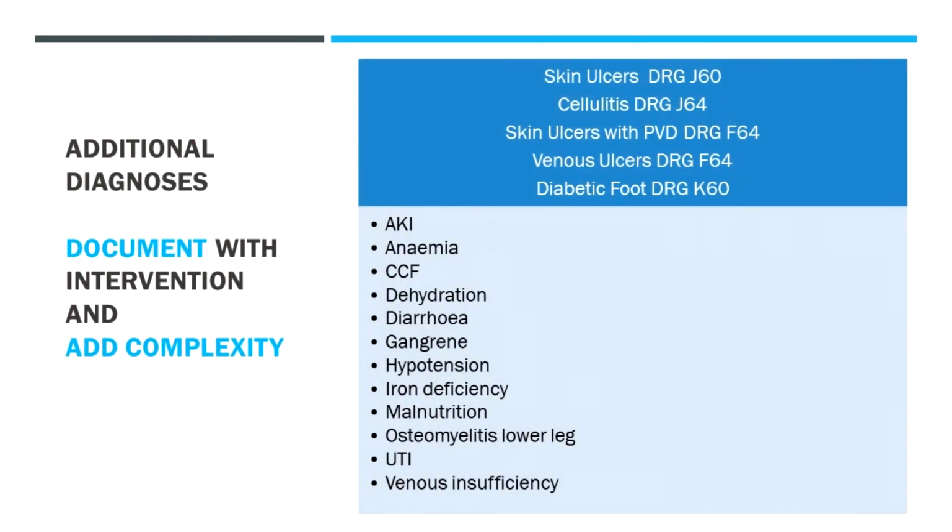There are a number of additional diagnoses commonly associated with some of these common diagnostic-related groups, so skin ulcers, cellulitis, skin ulcers with peripheral vascular disease, venous ulcers and diabetic foot. So you can see them listed there, and we hope that can serve as a bit of a cheat sheet. It's not just one. Most patients that present with these issues will have at least one, if not multiple, if not half the list sometimes, and we need to be clear about documenting them